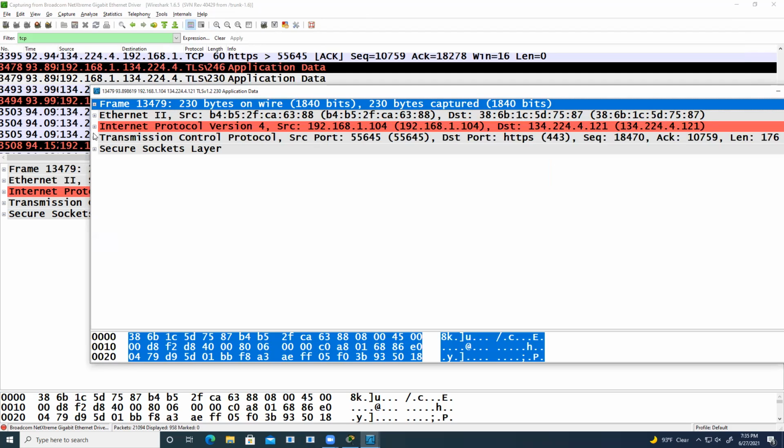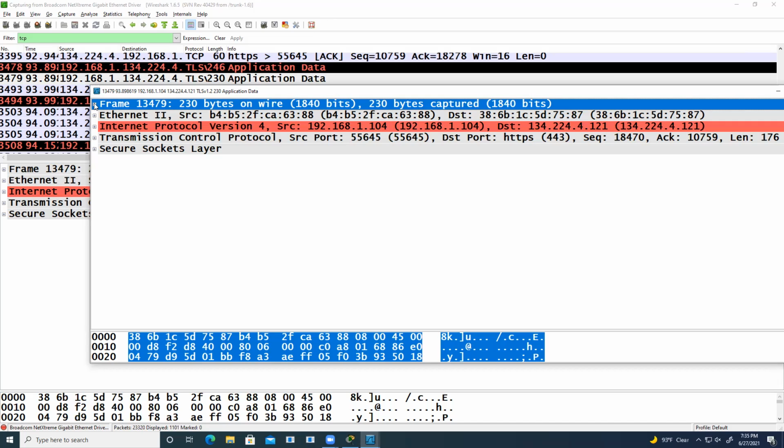Okay, so here I'm going to start from the frame. The frame is the name of the output of layer 2. Every layer has its own name after adding its protocol to the received data. What does that mean? Our ultimate goal is to transfer data.